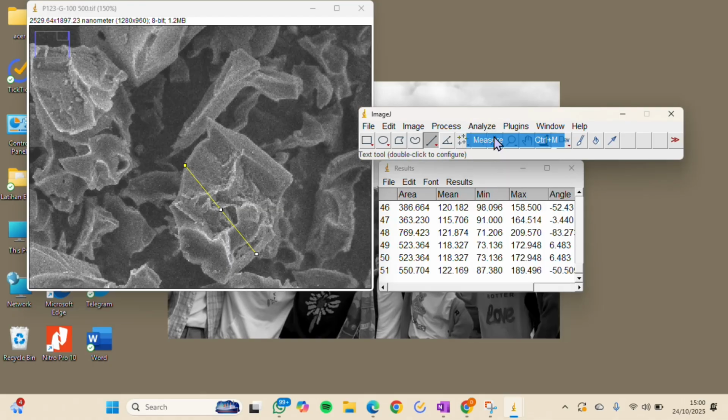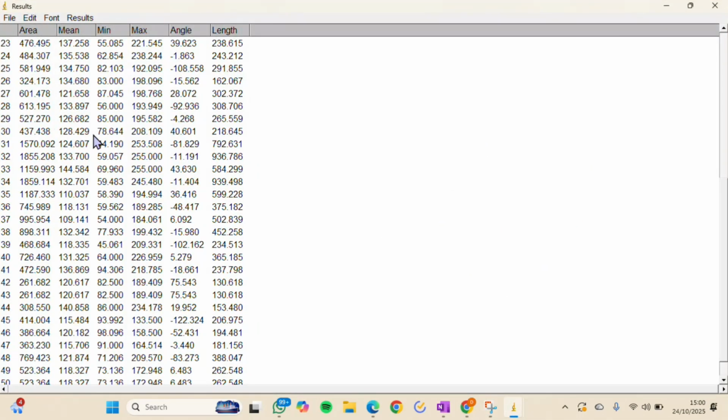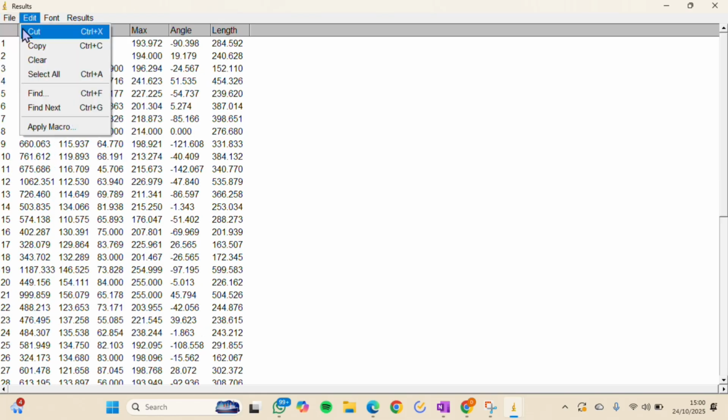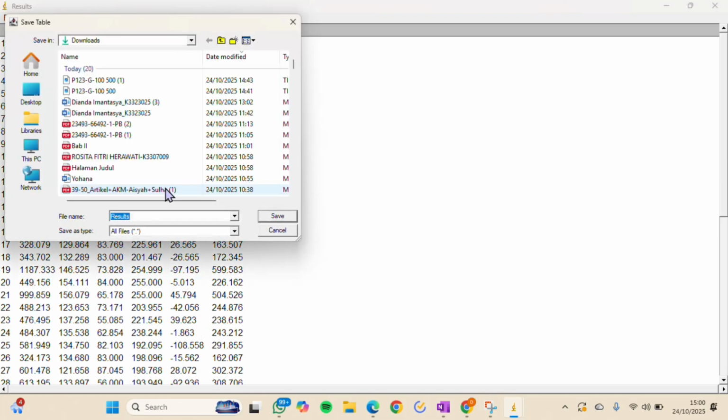Okay, until we get the 50 data, we copy and paste all measurement data into Origin for analysis.